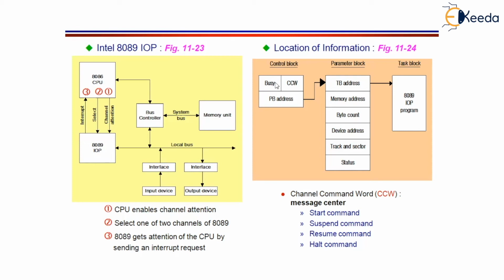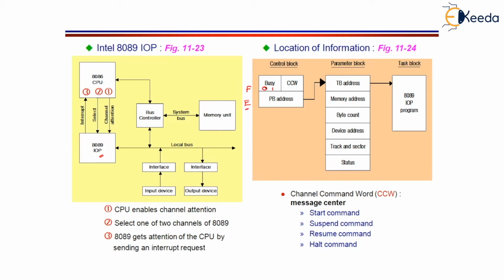If the busy field is 0, that means 8089 is free to do any task. But when busy is equal to 1, it is busy, already engaged in some other duty. When busy is equal to 0, it is not busy. When busy is equal to 1, it is engaged. So 8086 will see if it is equal to 0. If it is equal to 0, then 8086 can initiate an IO operation to 8089. If it is equal to 1, it can't initiate because it is already engaged.